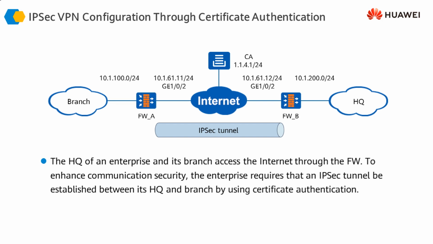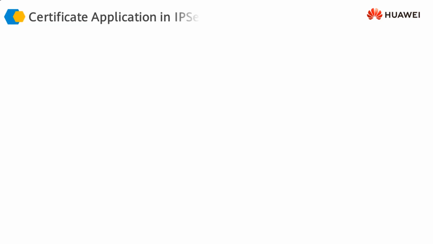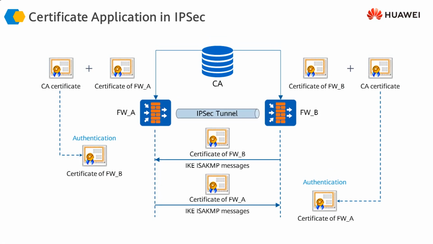This certificate authority is going to issue a local certificate to both the sites. Both sites are going to have their own local certificates, which are going to be a proof of their identity, and then they are going to have a CA certificate of this CA, which is going to give the name of the guarantor who is responsible for providing the authenticity of these two sites. So using the CA certificate and the local certificate, these two sites, the branch office and the headquarter, can authenticate each other. How this is done, let's take a look at this scenario in the next slide in this picture.